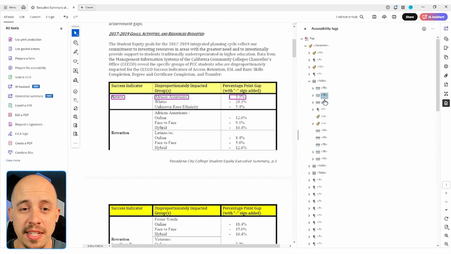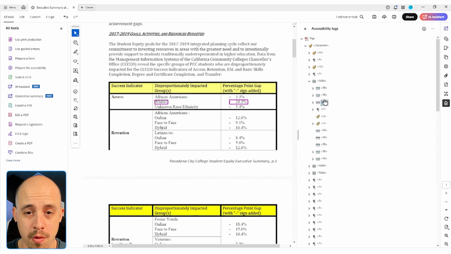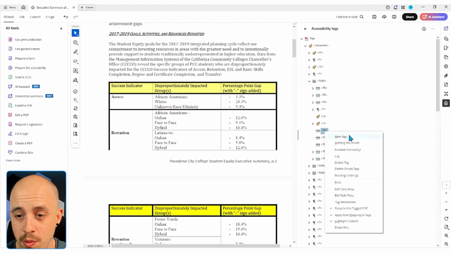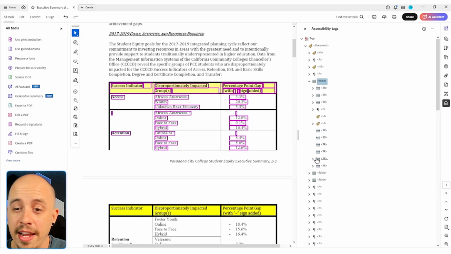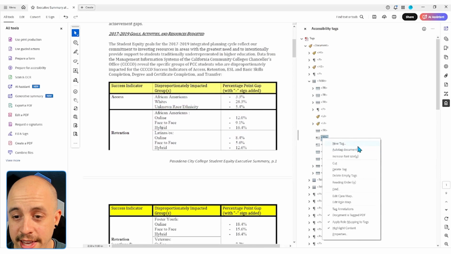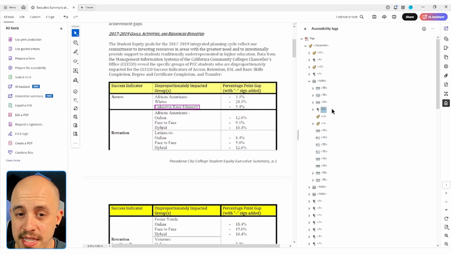So now what we've done is built one row, our second row, and now we need to build our third row. In this case, it will be this one. We'll right click it, create a new TD cell, right click again, create another TD, right click again, create another TD, and let's move this content into the right location. We'll put that into the